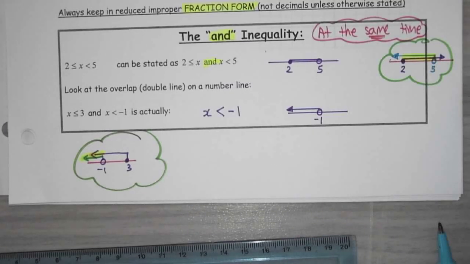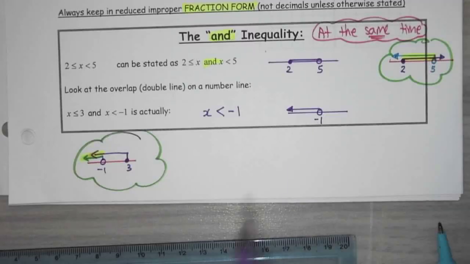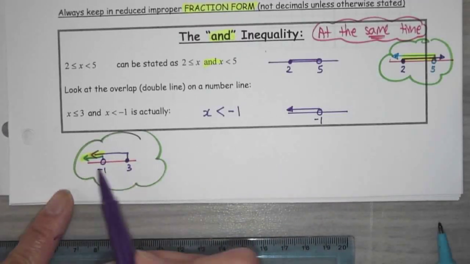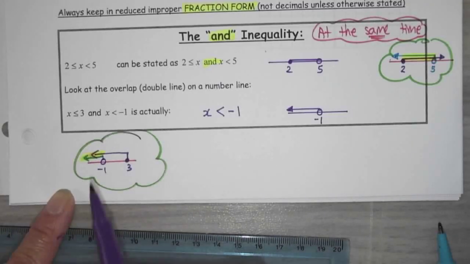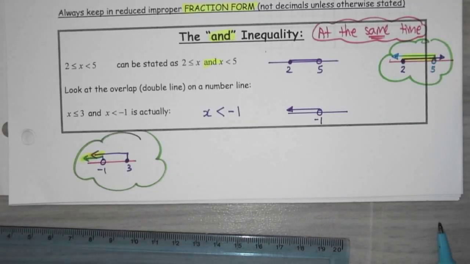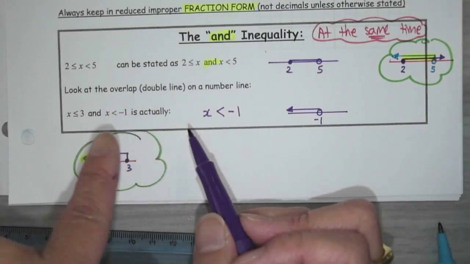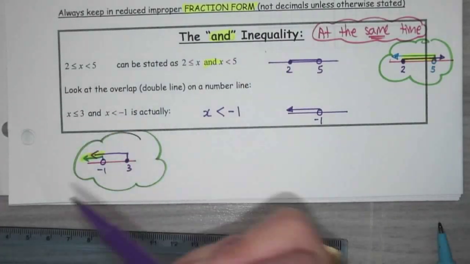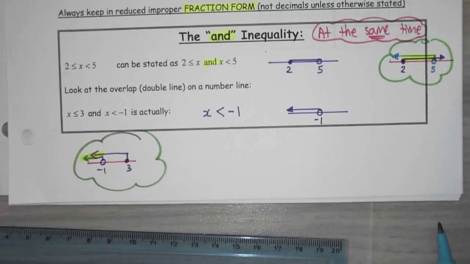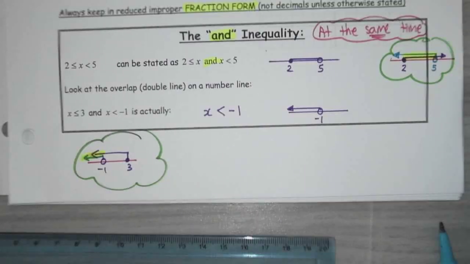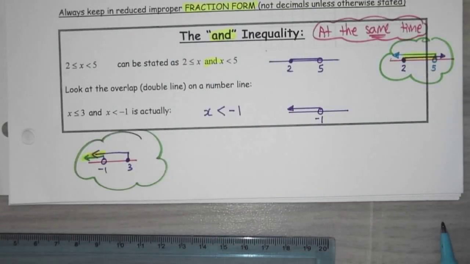Okay, so now our answers, we want to write them properly. Yes? So for your final answer, the only graph towards the double line? Yes, exactly. So some people don't picture it. They kind of picture it in their head and they graph that. And some people go, okay, I need to draw something and do a quick drawing every time. And I'll tell you if I want you to graphically show it or if I want you to do set notation or interval notation and that sort of thing. Okay, so on the next page we'll practice how to answer it, but this is the theory. Does that make sense? Yeah, so we want where the double lines are, and that's my answer. Okay, I'm going to pause the